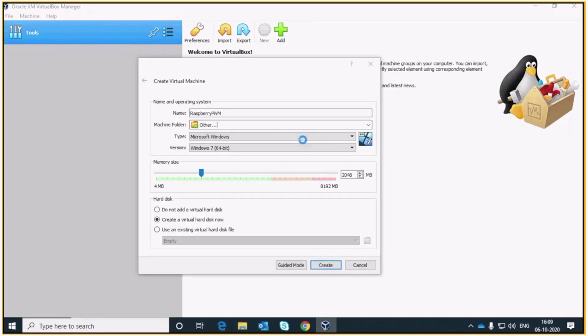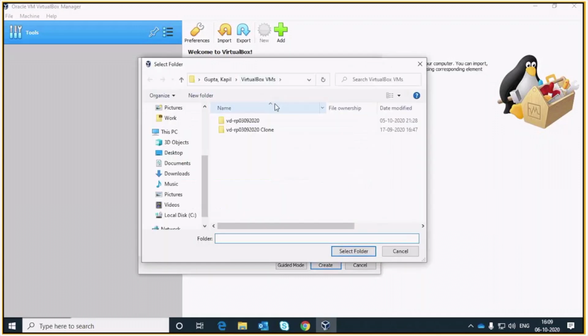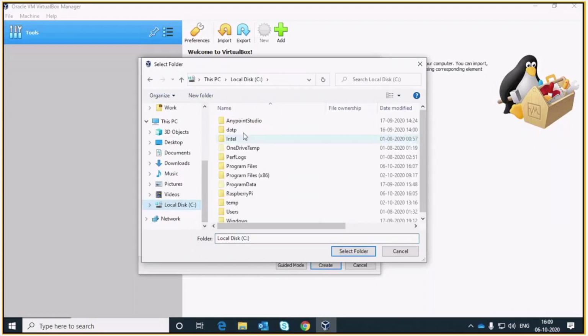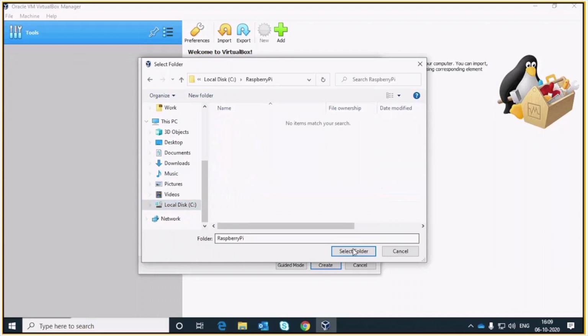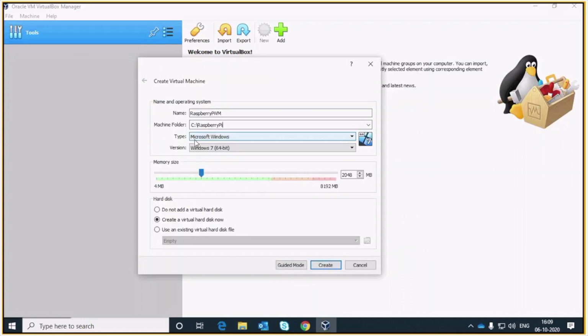We have to give a valid name of the machine, which is Raspberry Pi VM, which we have given over here, and we also have to select the machine folder name. So we have selected C drive Raspberry Pi. For the type of host OS you are using, you need to give those details.